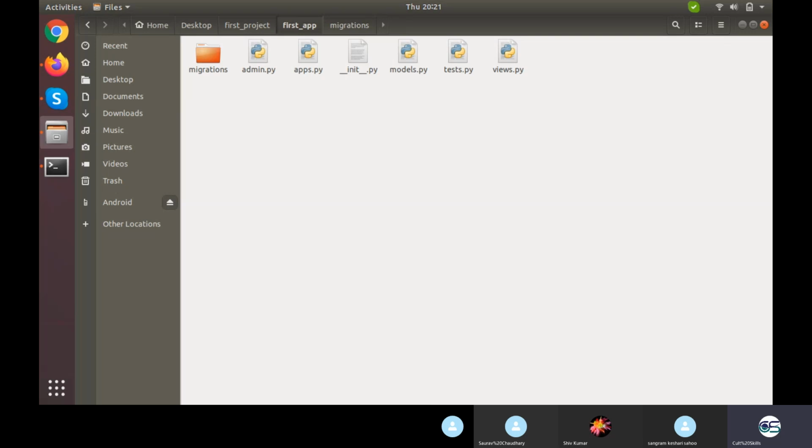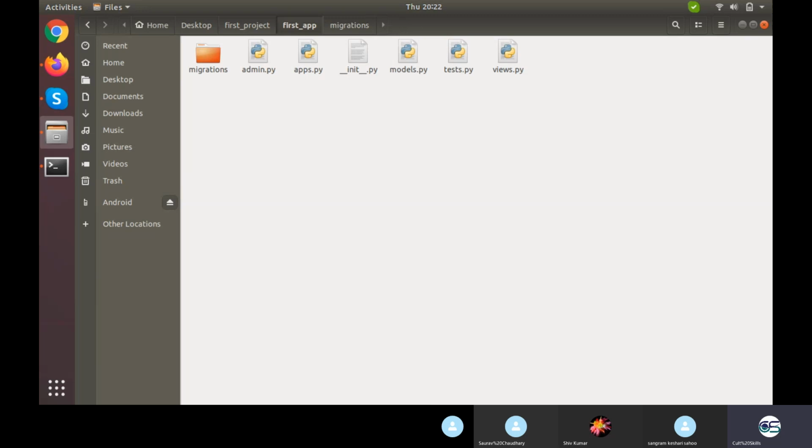That test case would be written into this particular file. So what Django is giving you is a framework to write codes of different things at different places and call them whenever required. Simple enough. They already give you different files to work on, and you can just divide your code depending on what kind of code it is. If it is regarding database, put it on models.py. If it is regarding test, put it on test.py.